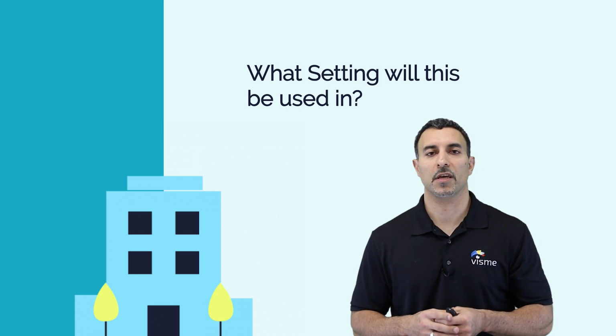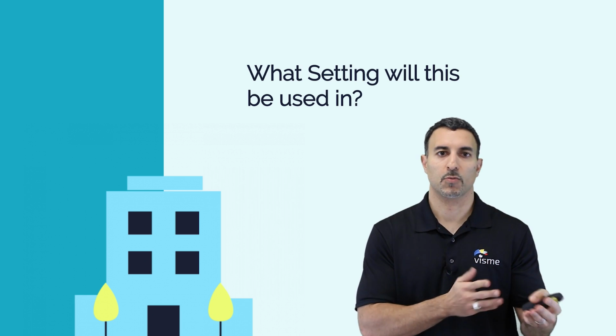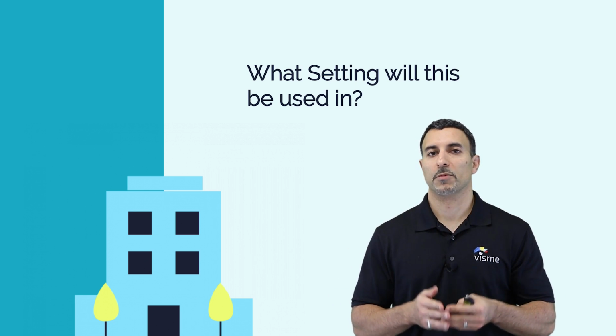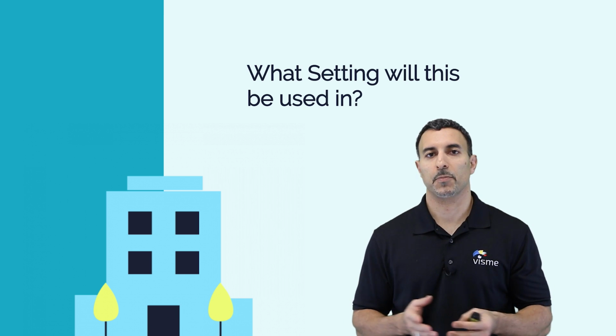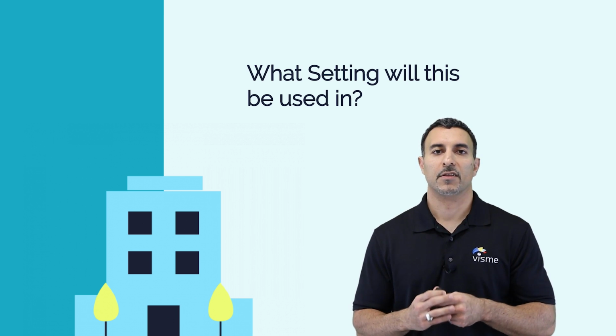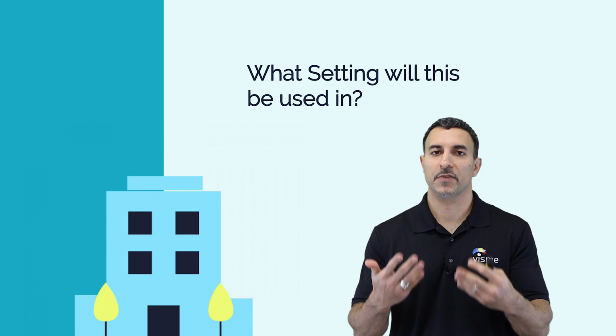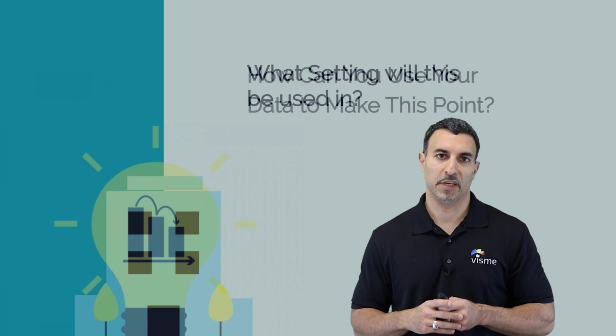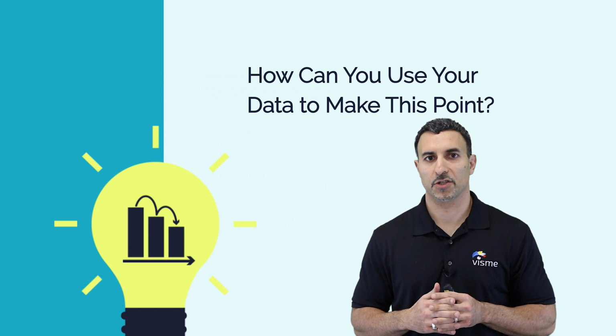Is this chart going to be front-facing, let's say for sales or marketing purposes, or is it for internal use within your organization? Or perhaps is it going to be shared on social media or on your website? Depending on either one of these, the way that you put the chart together, or the volume of data you're going to present, actually reflects the setting that it will be used in. So you want to take that into consideration as well.